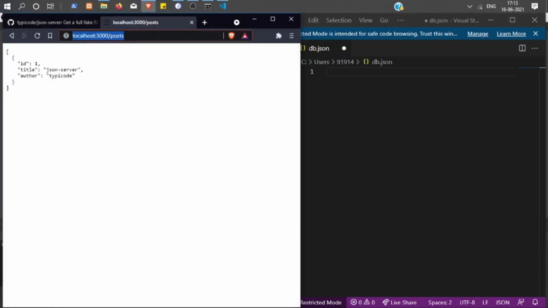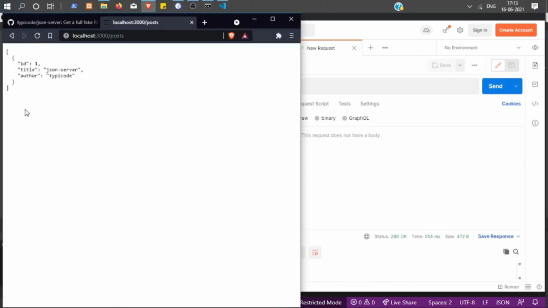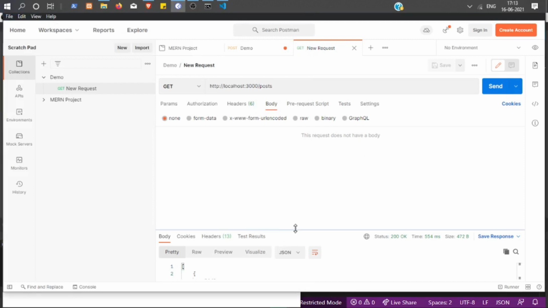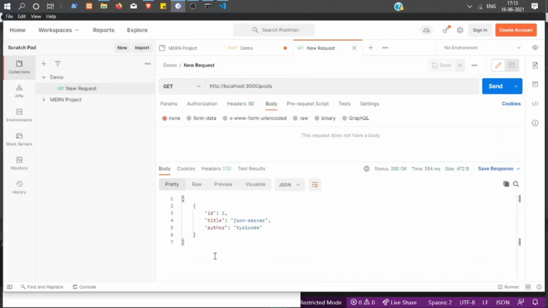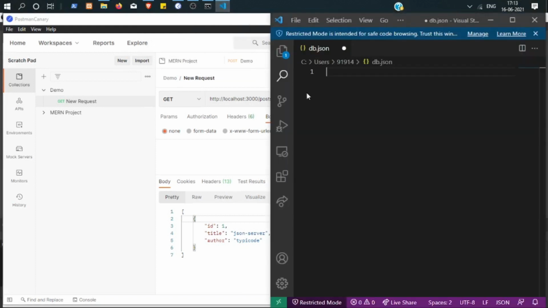Let's see how this will look in Postman. If I send this request I will get the same as what I am getting here, ID 1, JSON server. And see, this is the GET request which is used to fetch the information. Now let's jump to our REST. Now we will be creating our own REST API using